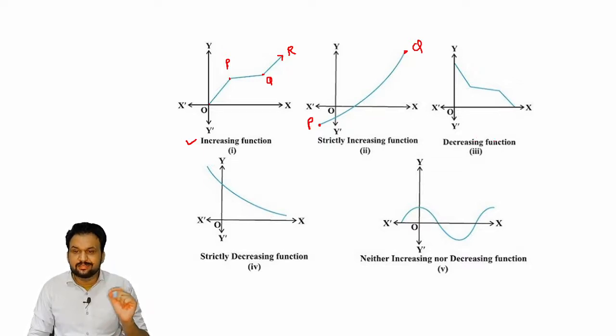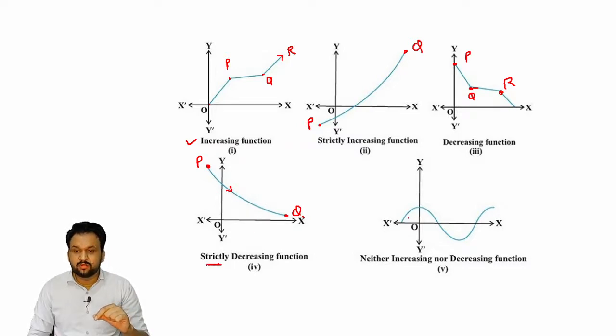And now you can see a decreasing function. This function is decreasing: it starts from P and reaches Q, and from Q to R it gives you a constant value. The function is not decreasing from Q to R, but after R it starts to decrease again. So this is a decreasing function. But here, the function starts from P and moves up to Q, continuously decreasing. Nowhere does it give a constant value, so it is known as strictly decreasing.